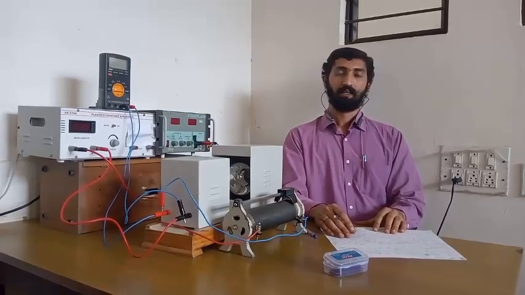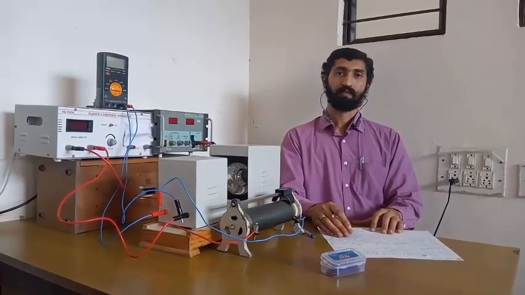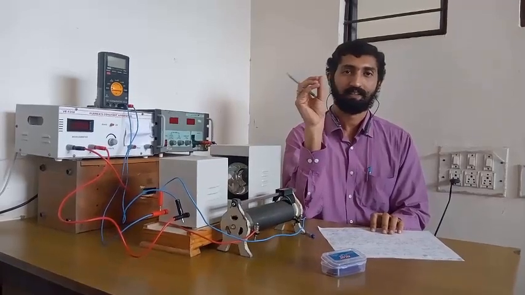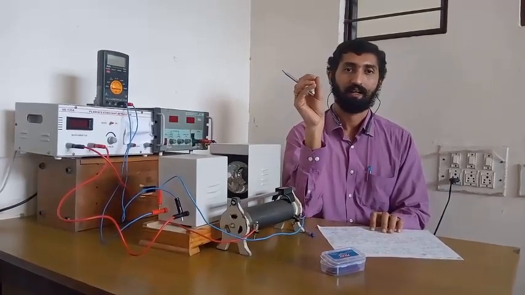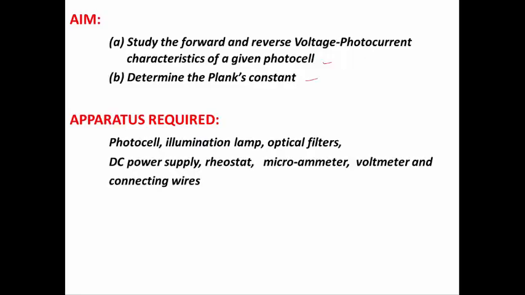Hello friends, today let us see an experiment related to photocell. In this experiment, we will see the VI characteristic of the photocell and also we will determine the Planck's constant from this experiment. For this experiment, we require a photocell, the illumination lamp, then optical filters, the DC power supply,